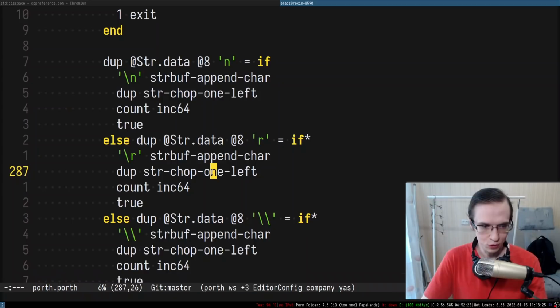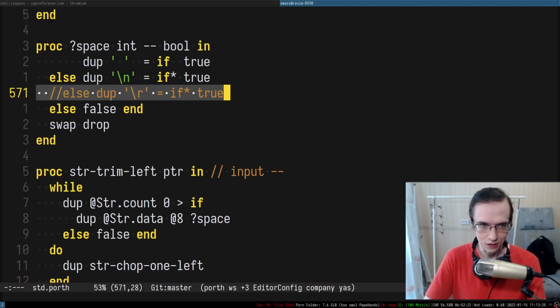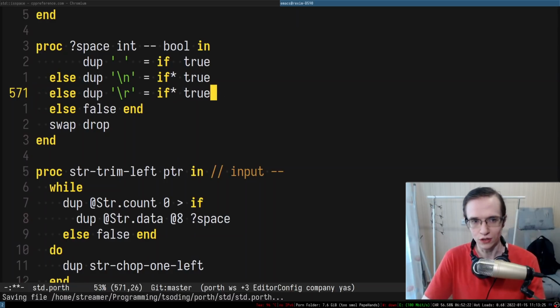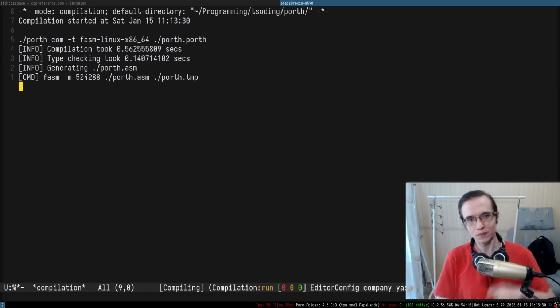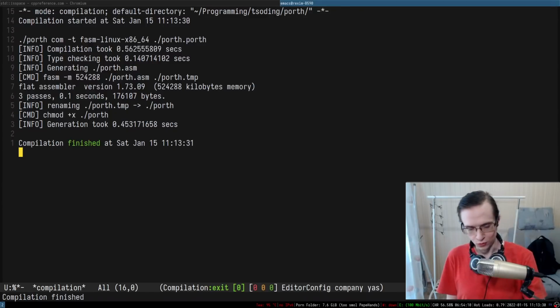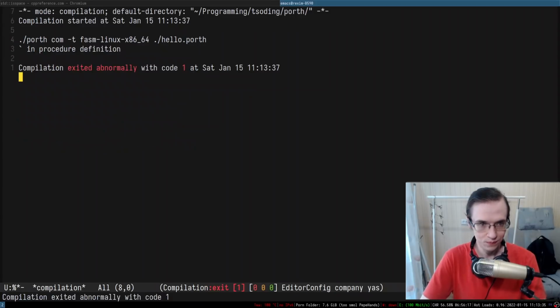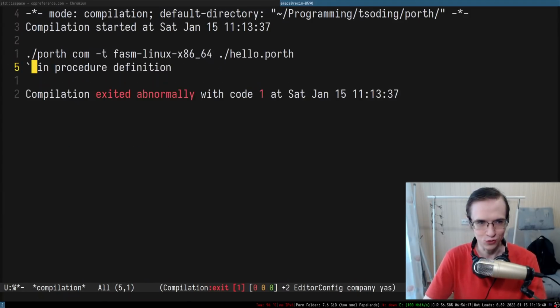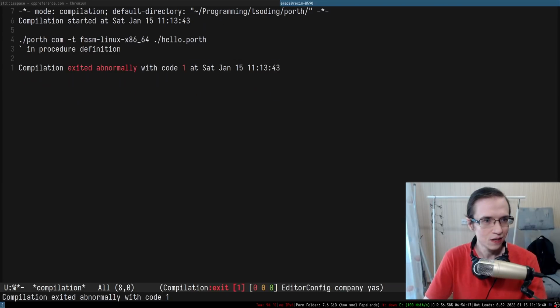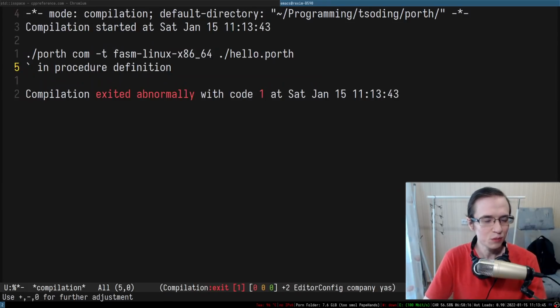So now we should be able to use this kind of thing in here, right? So now /r is interpreted as a white space. There we go. And can we now compile the hello world? We cannot. And something is really corrupted in here, because it doesn't even produce a proper error message. So let's actually take a look at this thing.